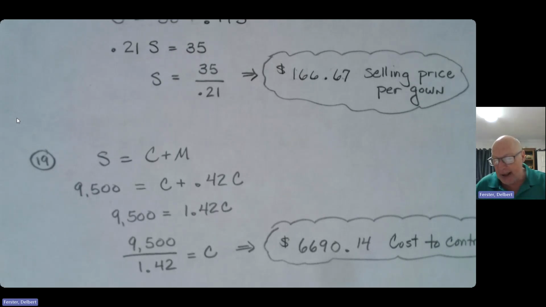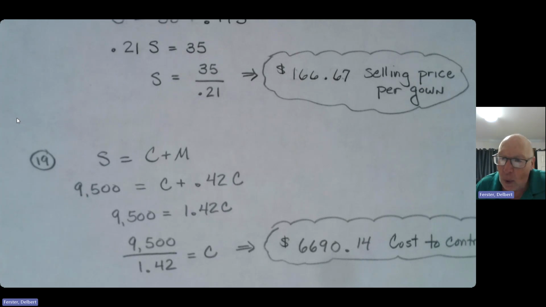All right, 19 says Cam's Cabinets sells to contractors at a 42% markup on cost. So in this context, we're being asked to find cost. So that C is an unknown. Markup is also a bit of an unknown expression in that it's 42% of the cost. So in this context, we have all our C terms on the right-hand side. So we're going to add 1 and 0.42, and that's the 1.42C. Calculator time. So it's 9,500 divided by 1.42. Takes us right to the value for the cost,